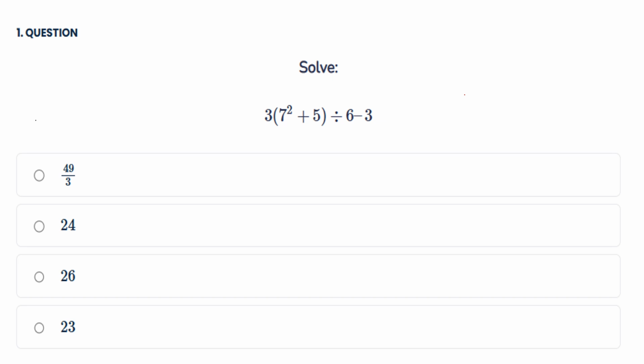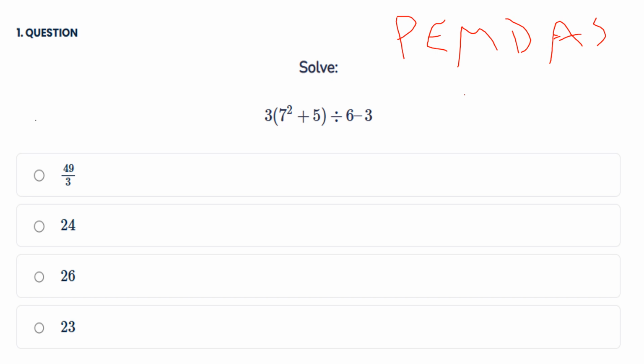In this first question, it's asking us to solve this very long problem. When you see a problem like this, I want you to think of PEMDAS. That's parentheses, exponent, multiplication, division, addition, and subtraction. So based off of the order of operations, we need to first start off by getting rid of that